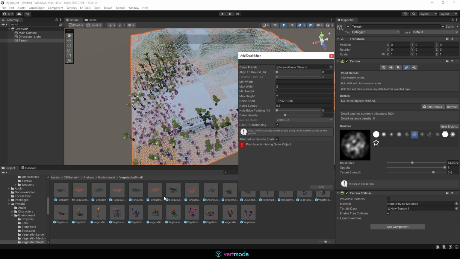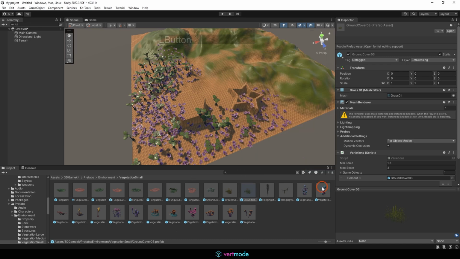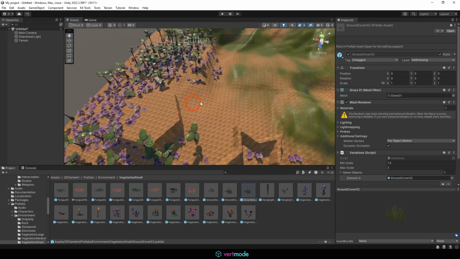So I should be able to come in here and add in something like one of these funguses or one of these vegetation clusters. You'll notice LOD group components are not supported, so this might be one of those situations where I can't. But if I come in here and add the ground cover like this grass, you'll see it is accepted, and we can click add. And with that in place,